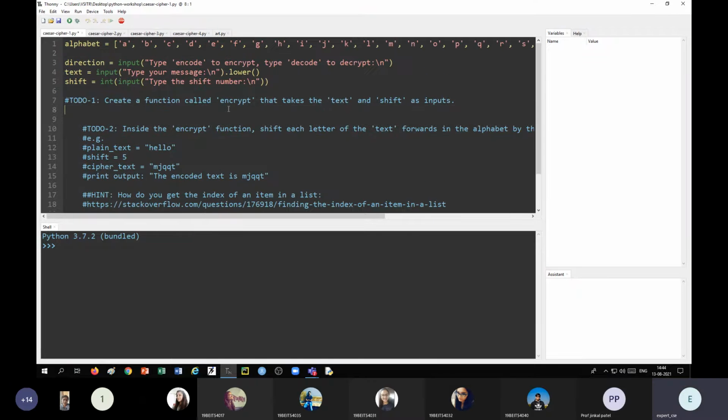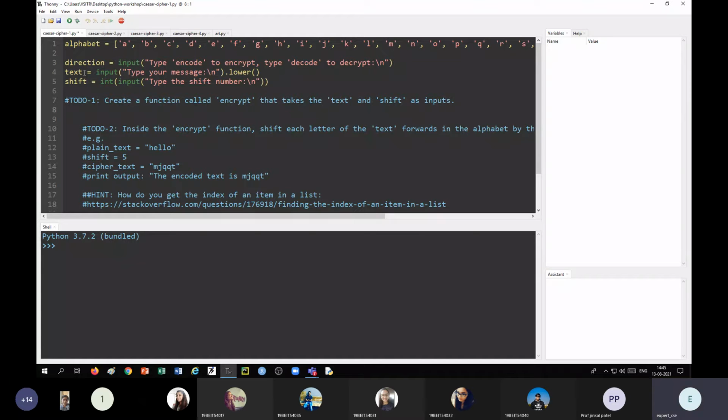Okay. So as we are going to discuss longer and longer programs from now onwards, we will develop them step by step. This is the first step which we are going to develop for the ciphertext. I have a list of alphabets. I have 3 inputs. Direction, that is whether you want to encrypt or decrypt.